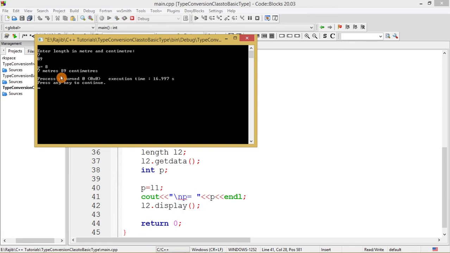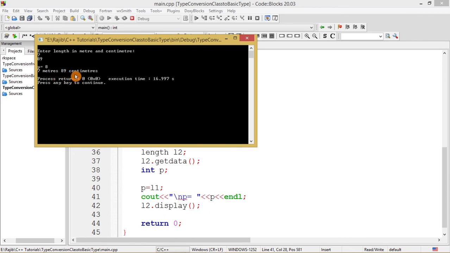What we see is that p is equal to 8. We expected p to be 8 because 8 was the m value of L1. So p is equal to 8 tallies with our expectation, and this one is 7 meters 89 centimeters, which also conforms to our expected output.